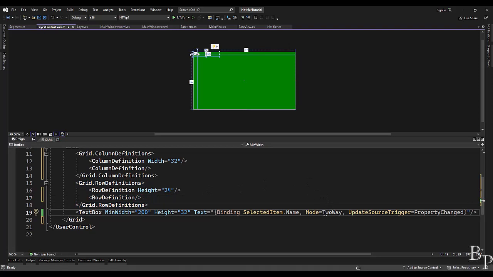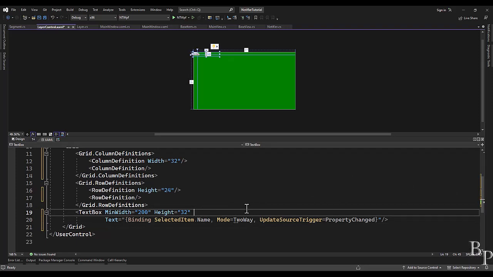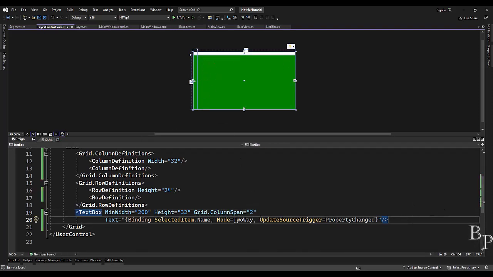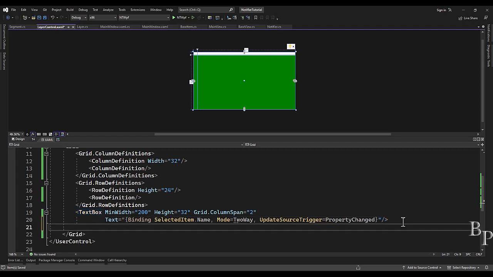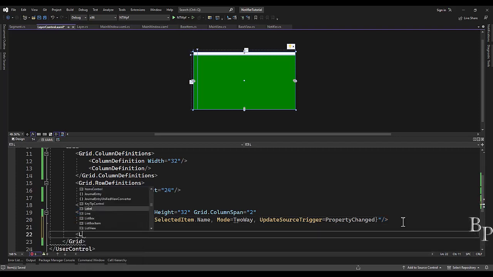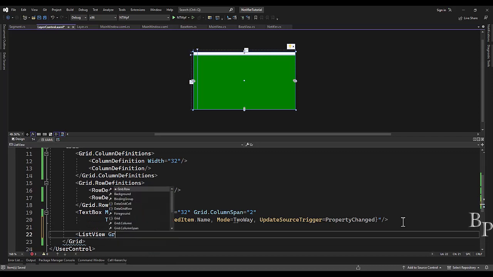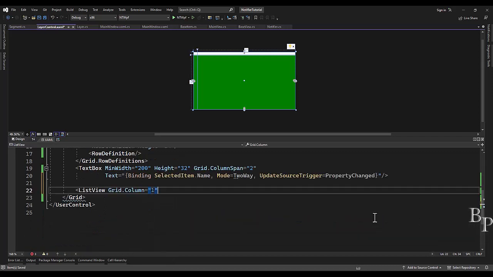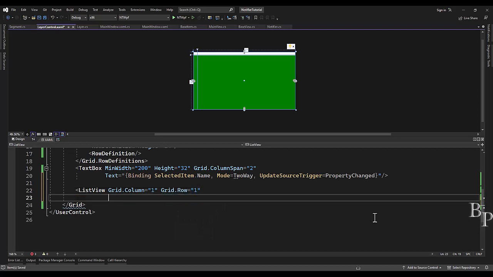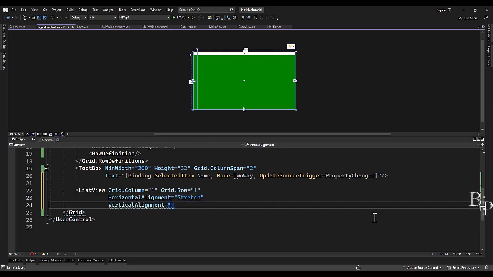Text box, it does need to change a little bit. We need to put a grid row span on it of 2. Excuse me, column span, not row span, column span. It'll take over the whole area up there. First, let's just put our list view in here, then we'll put our command buttons in a minute after we do a test. Grid.Column 1, Grid.Row 1, horizontal alignment stretch, vertical alignment stretch,